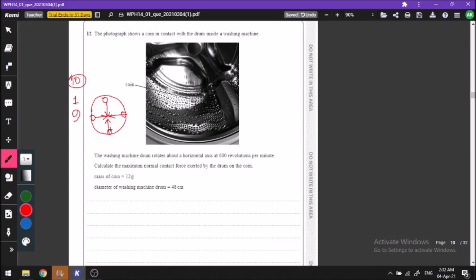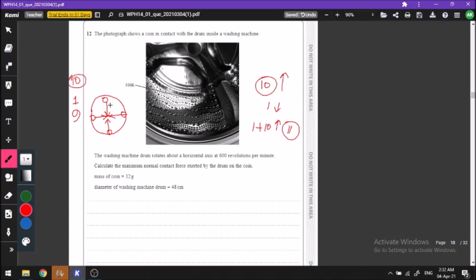On the other hand, if the coin is in this position, then it needs the same amount of centripetal force, that is 10 newtons. It needs 10 newtons of centripetal force in the upward direction, right? But the weight, this 1 Newton weight, is acting where? In the downward direction. So now the normal reaction in this direction will have to counteract this weight, and then also have to provide the necessary centripetal force. So a total of 11 Newton of normal reaction force is needed when the coin is in the bottommost position.